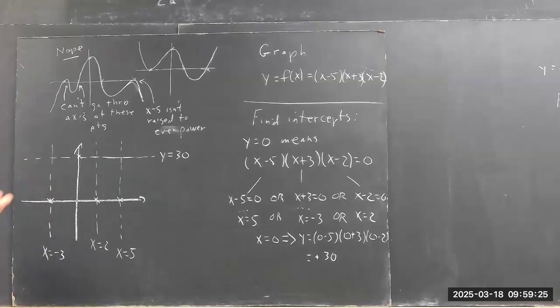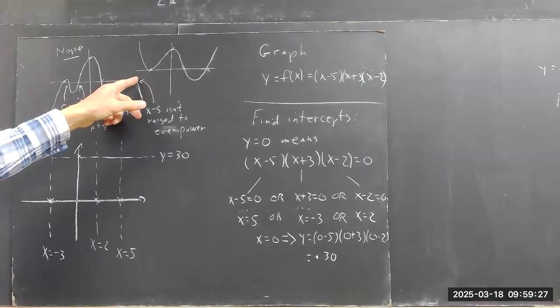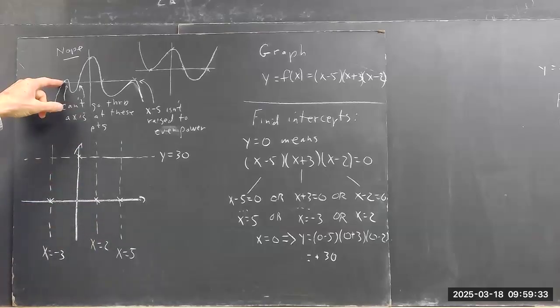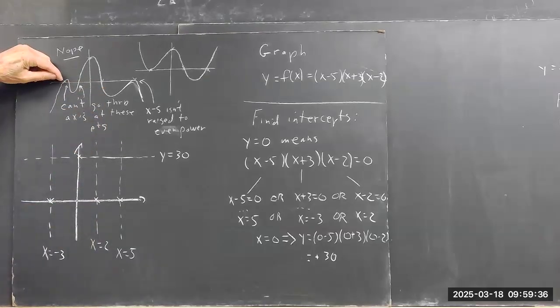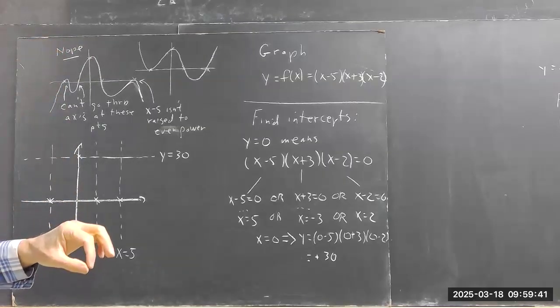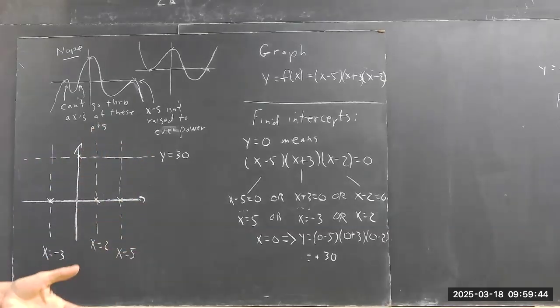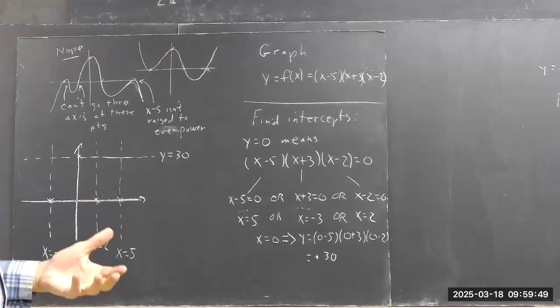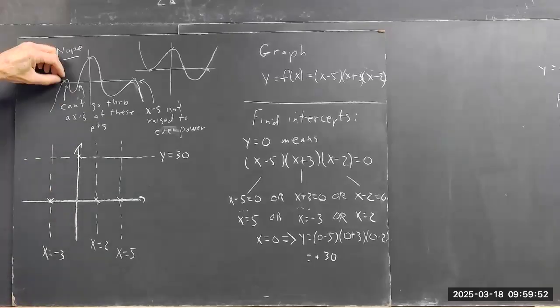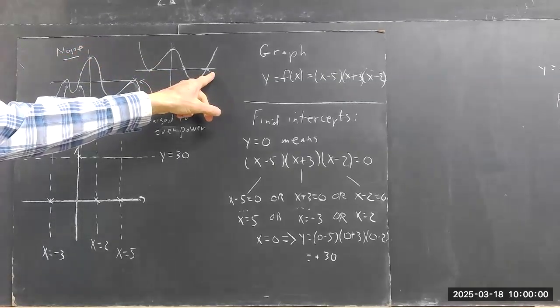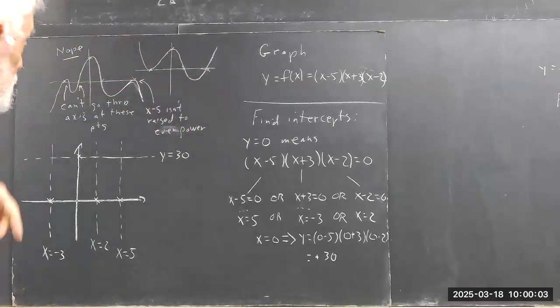So another way to say it is locally, in the vicinity of this point, the graph is pretty close to a straight line. Like this would be, or this would be. Now, it doesn't look like it's close to a straight line here because it's curving, but if you zoom in really, really close, then you see that it is pretty much a straight line. Just like you don't see the earth being curved, even though it is, because you're so close to it. You get really close to this point, it looks like a straight line, same at this point. It has to be the same at this point, like here. Now, this isn't right because